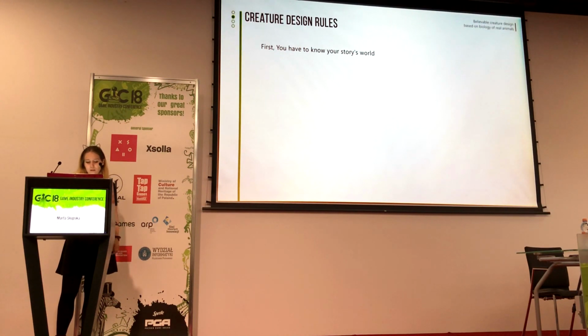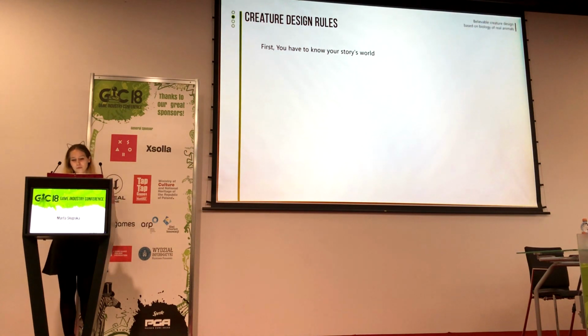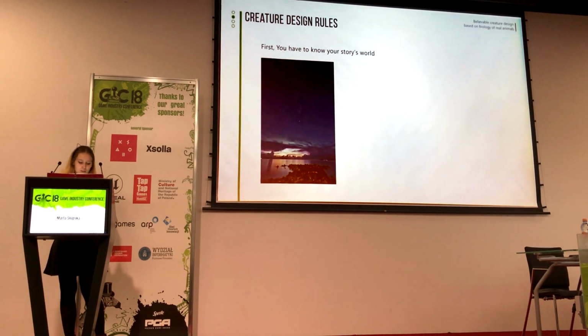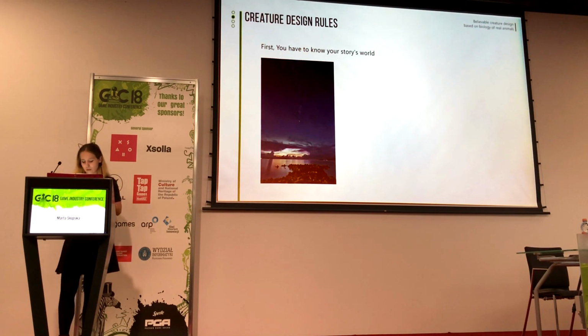But you can also figure out your own world, and there are a few factors you can use to make it more believable. The first factor is physical factors, for example the weather, where the planet is in the context of the stars, the temperature, or what the terrain looks like. And all these factors will affect the looks of your creature.